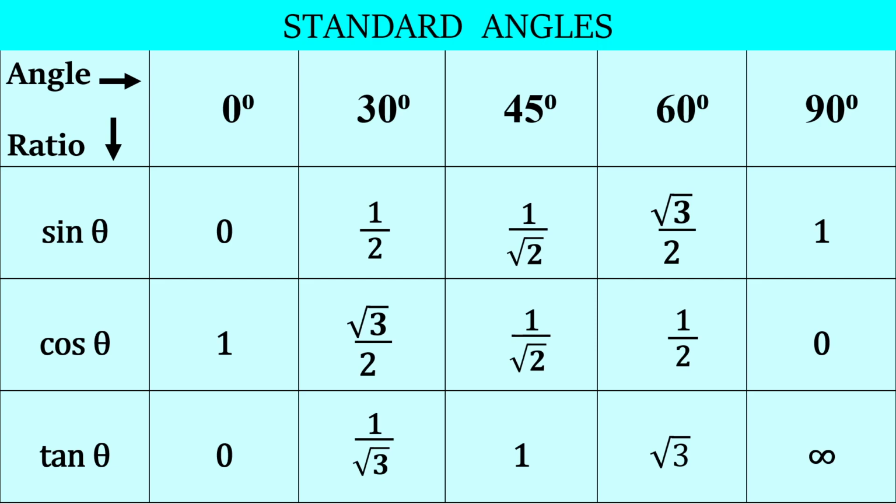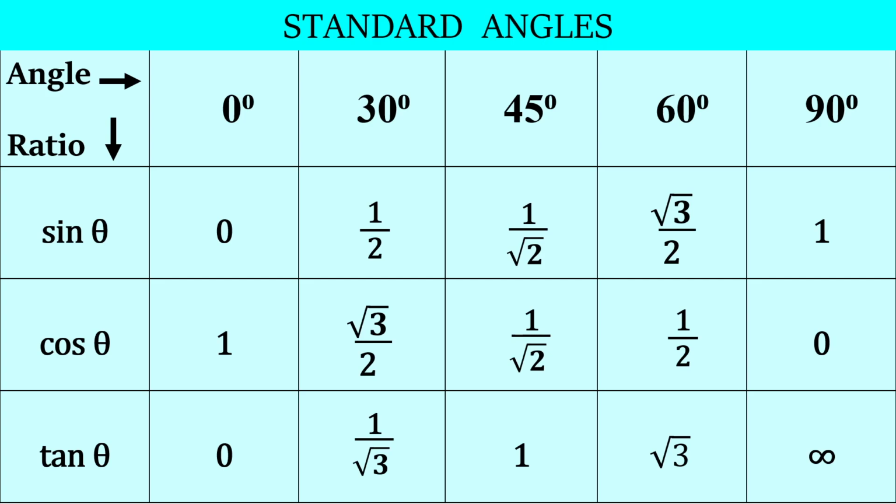Now one more thing I can see is, as I move in the ascending order, I am talking about the angles. If I move from 0 to 90 degree, ascending order, 0 degree, 30 degree, 45 degree, 60 degree, 90 degree, the value of sine and the value of tan are increasing. As you can see, from 0 it has come to 1, and for tan also from 0 till infinity. But the value of cos is behaving in a different way. The value of cos is decreasing as the standard angles are increasing. It is from 1, it has become 0. Just look at the values of cos.